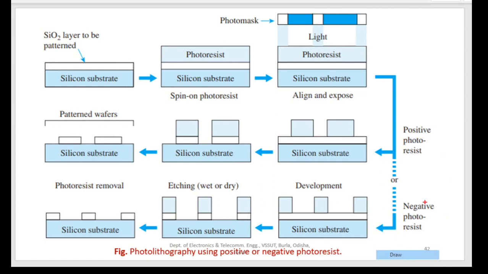process can be performed with the help of another type of photoresist material called negative photoresist material. The properties of negative photoresist material are just the opposite of the positive photoresist material. In the positive case, the regions which were exposed to light became soluble, right? But in the case of negative photoresist material, this happens in a reverse, opposite way. That is, the areas which are exposed to light will become hard. This area will become hard, this area of photoresist material will become hard. And the areas which are not exposed to light or UV rays will be soft.